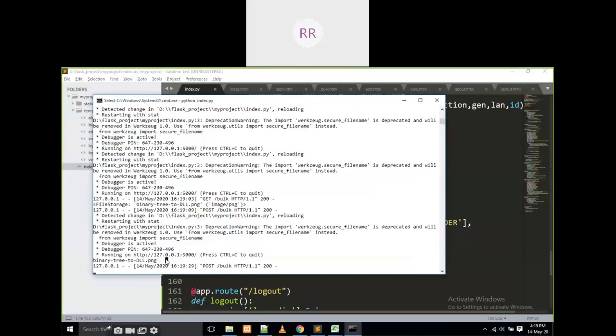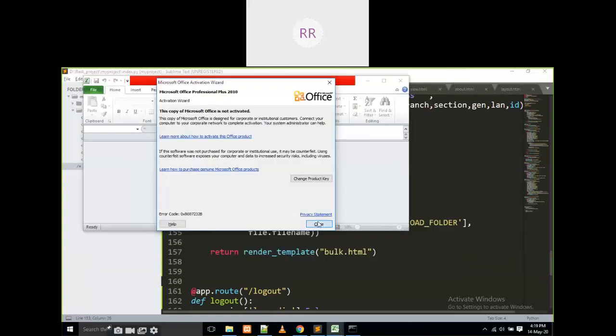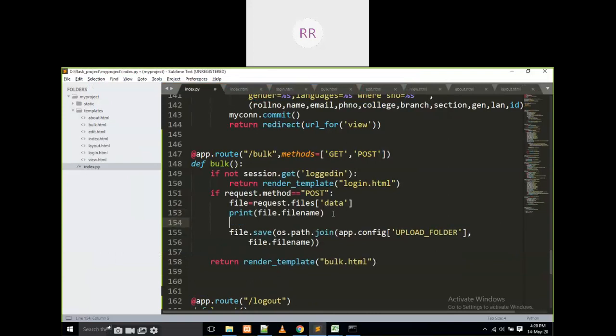Now I am going to split with this dot, and what is the last value? Dot png or dot anything, right? That is the extension. That means I am going to split the data here. Extension is equal to